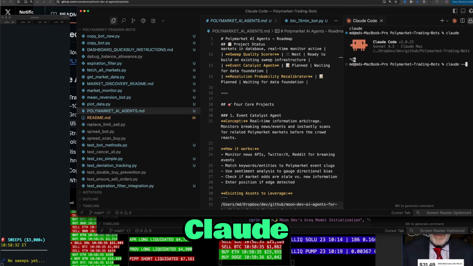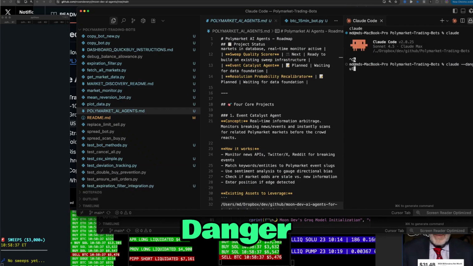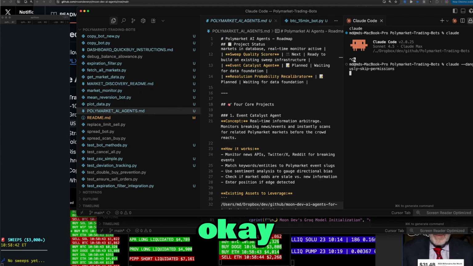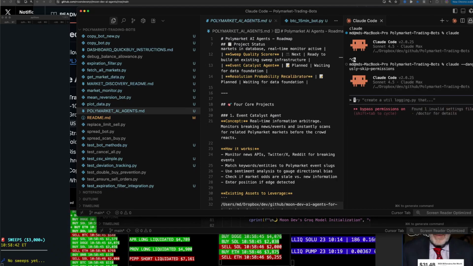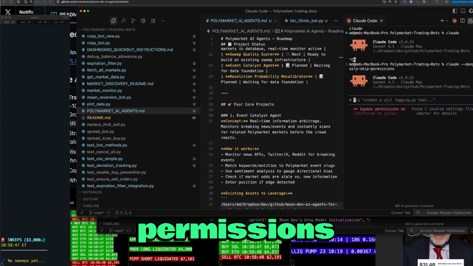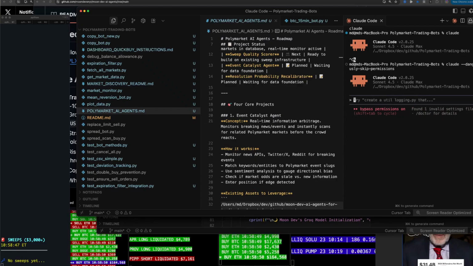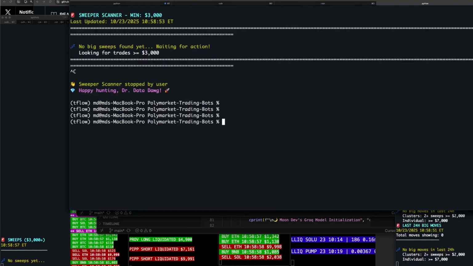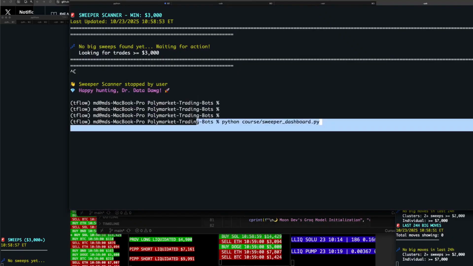Claude dangerously skip permissions. Okay. Dangerously skip permissions, yes. And then we're going to say iTerm. For some reason,